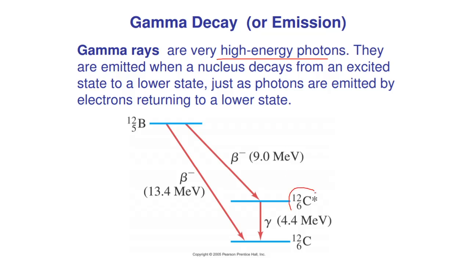like this one. So this nuclide is in an excited state. When this nuclide comes to its ground state, that is C12, it emits a gamma ray photon. Fine. So by emitting a gamma ray photon, it comes to a ground state. So gamma rays are nothing but high energy photons, and they are emitted when a nucleus decays from an excited state to a lower state, as I've told before.